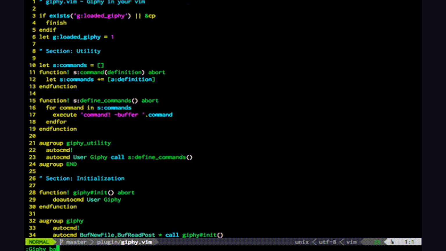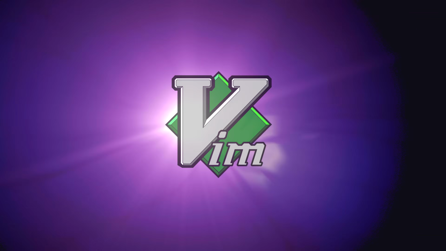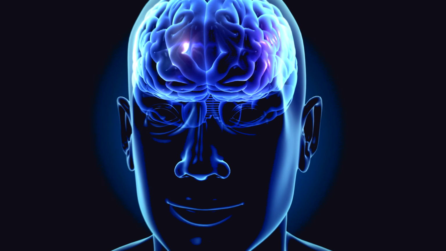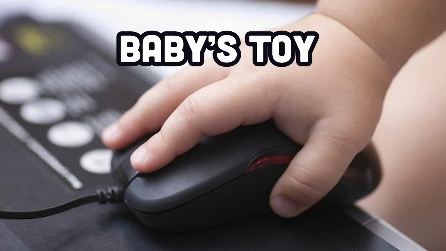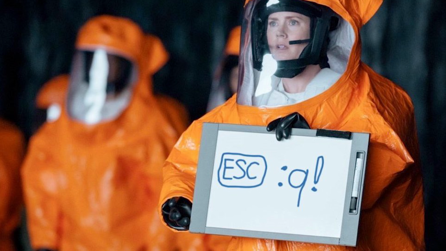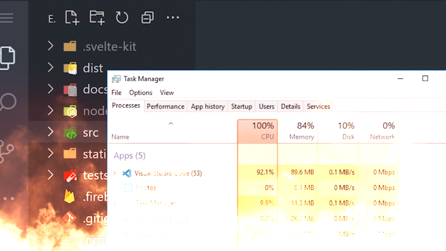But another great way to demonstrate your superior value is with the Vim Flex. When you use Vim, it elevates you to a higher plane of consciousness where you can look down upon the poor lost souls using tools like VS Code, IntelliJ, and Emacs. If you're the real deal, you won't even have a mouse at your computer. Now normally this is the point where I should make a joke about not being able to exit Vim, but I've never really understood those jokes because I don't even know how to exit VS Code.